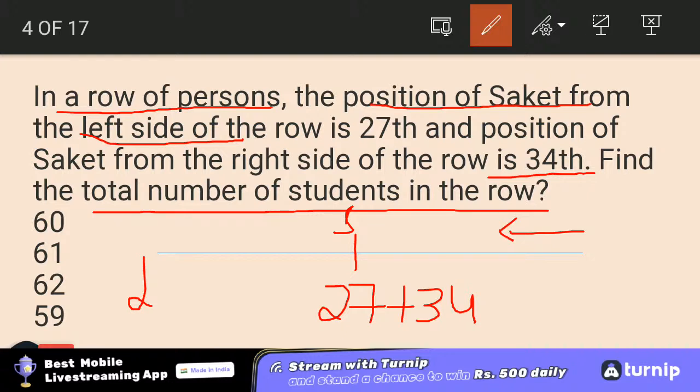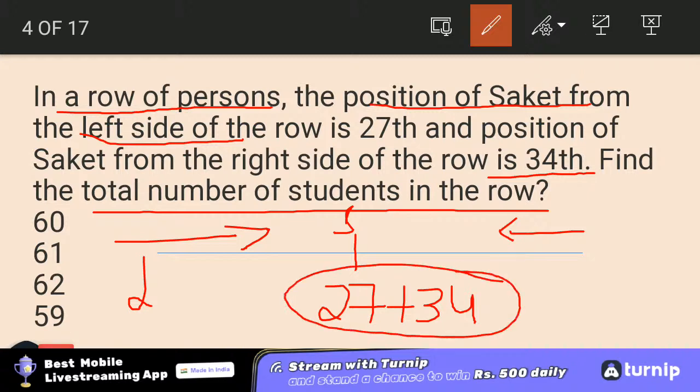So if we are talking 27 from the left side, and 34th position from the right side, so total 27 and 34 would amount to what? Yes, 61. So there were 61 students in the row as per you all. Or yes,